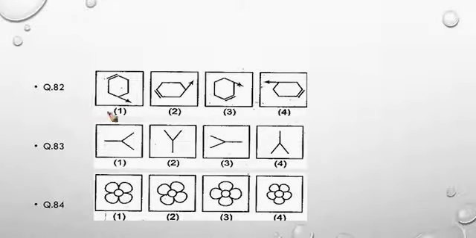Question number 82, there are 4 options given. In the first option, there is a 6-sided figure which is common to all the 4 options. There is one arrow and there is a line on one of the sides. So let's see the position of the arrow relative to the line. In case of problem figure 1, from this line the arrow is on the third